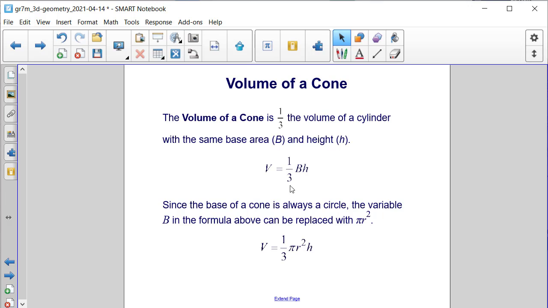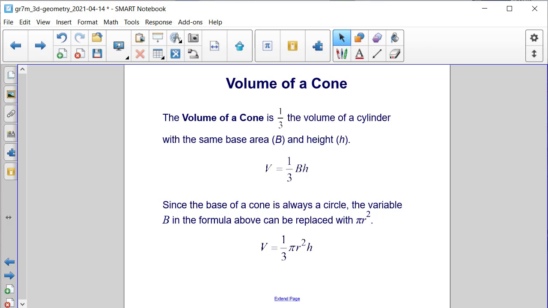Similar to a pyramid, the volume of a cone is equal to 1/3 times the area of the base times its height. But in a cone, the base is always a circle. So we can replace the variable capital B in the formula with pi times the radius squared, because that's always the area of a circle. So that makes the revised formula for the volume of a cone 1/3 times pi times the radius